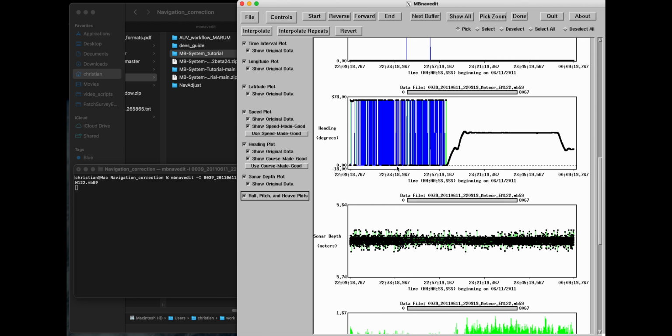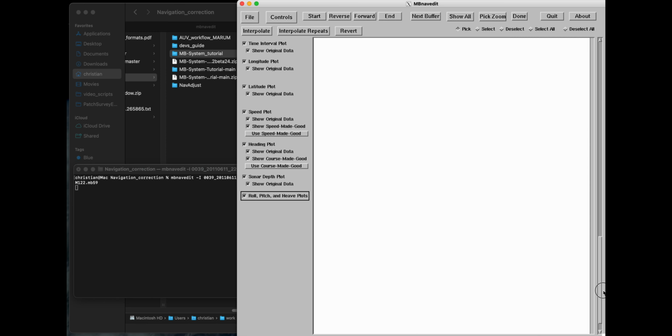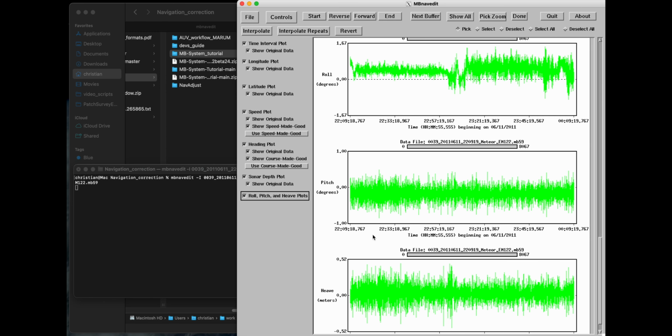And here we have the heading. Since we are going through 0 degrees, we are switching between that line and that line, so that's completely normal. Here we have the sonar depth, and then here we have the roll, pitch and heave. You should note that roll, pitch and heave cannot be edited,